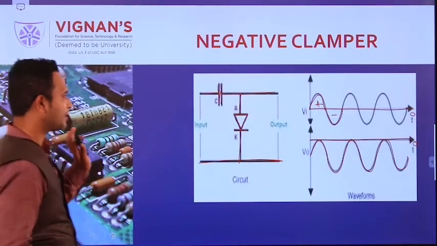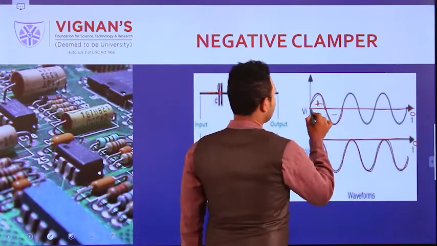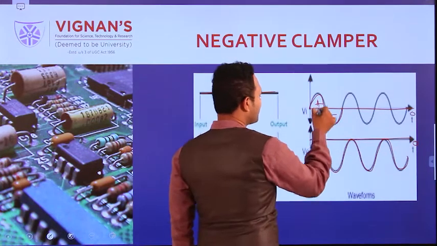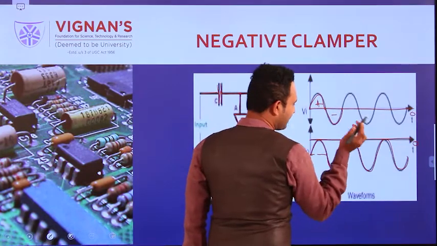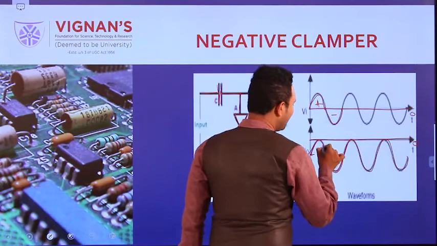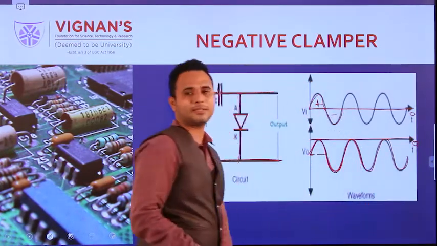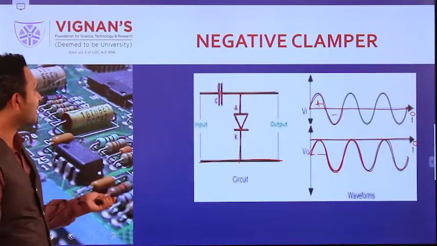Coming to the explanation, theoretically we are discussing the clamper. What I am telling in practical terms is that this positive peak I am not going to draw, so I am drawing it like this. It will come like that. But theoretically, when discussing clamping, the DC level will be shifted below the 0. This is called the negative clipper.